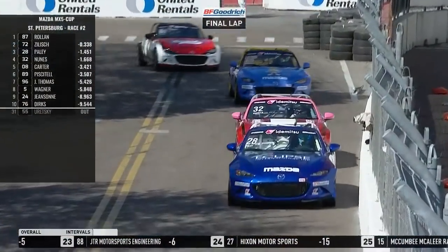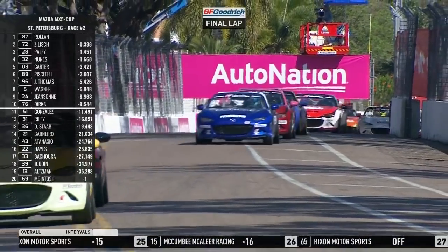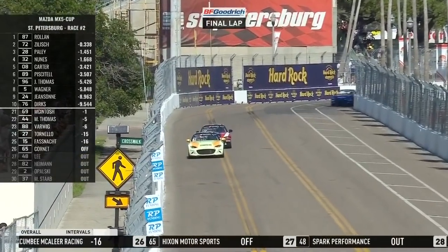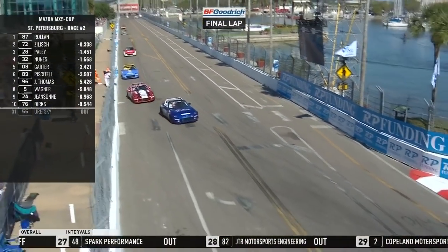ahead, but that's a real invitation from Justin Piscatel. He saw that sideways moment. He can see a podium finish here, 2 cars ahead of him, but if he can pass them in the last half a lap, there's a podium finish. And the battle for the lead through turn 10, right up to the outside wall for Celine Roland as